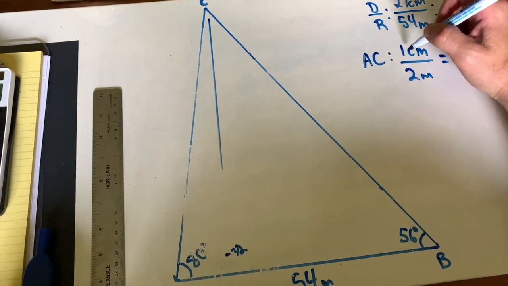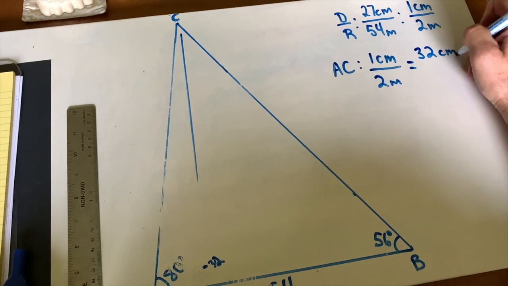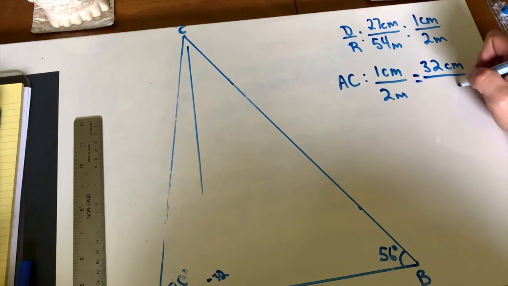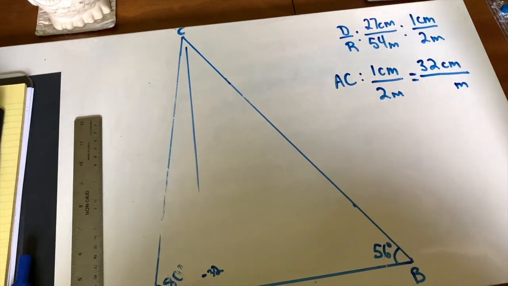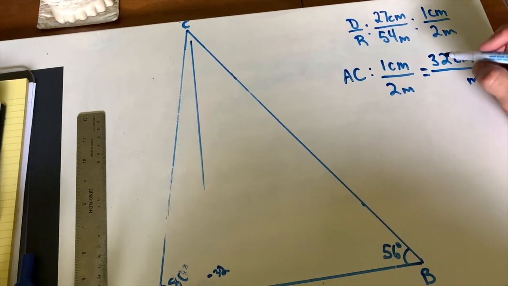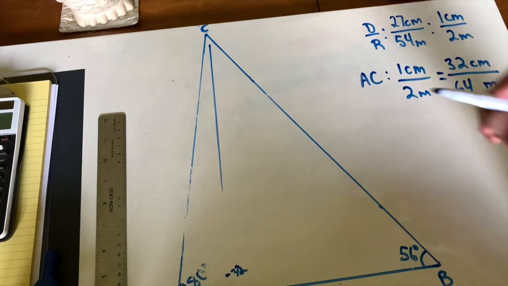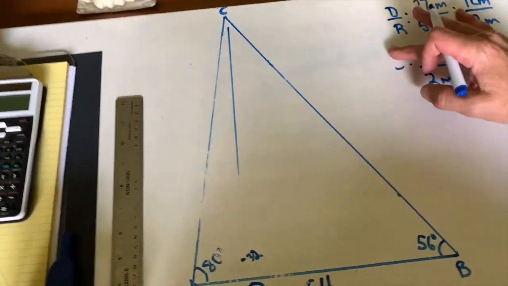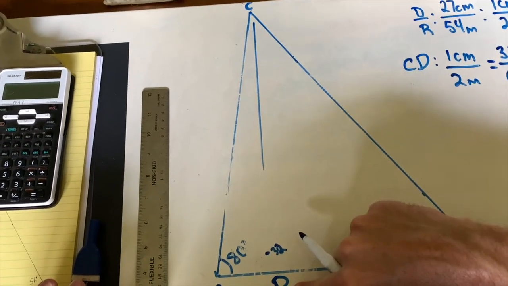Okay, the drawing, I had 32 centimeters. So in reality, I need to do some calculation to get the measurement in reality. 32 times 2 divided by 1. Well, that one's so easy I can even do it in my head. That equals 64 meters. So the total distance from D, did I say AC? That should be CD, sorry. From CD,